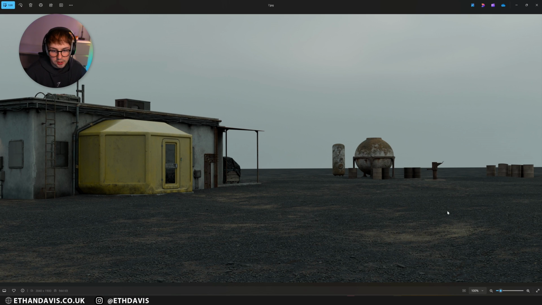But yeah, you can really see where that white dirt is coming through. I feel like it looks really cool, and it really makes a difference compared to someone who's just mixing two materials together and calling it a day. This is the next level of environment building that you need for this kind of shot.